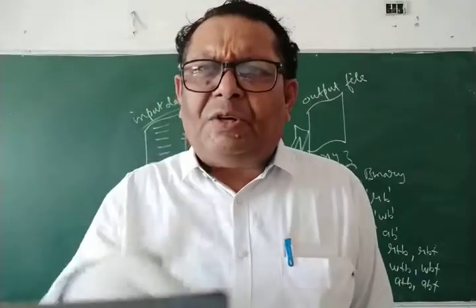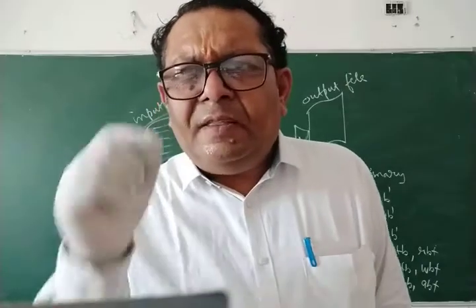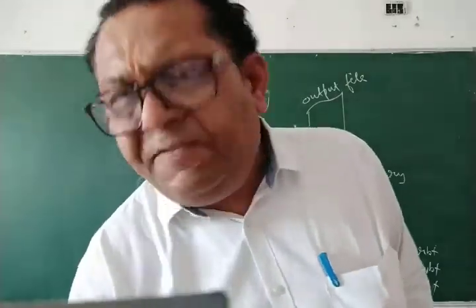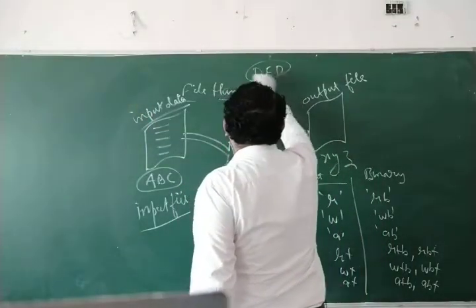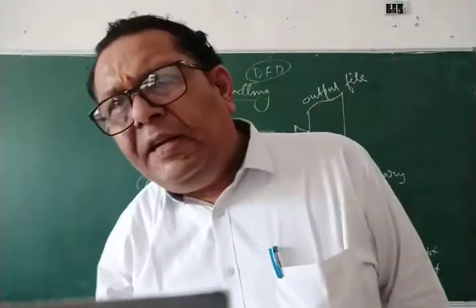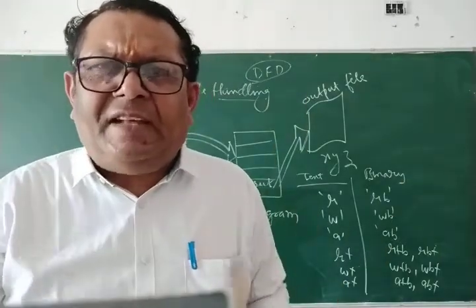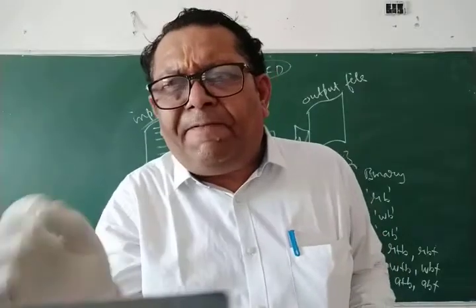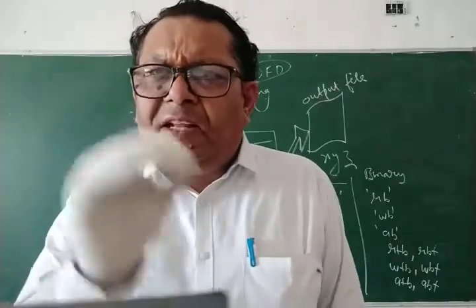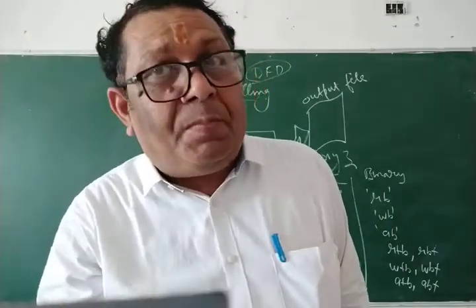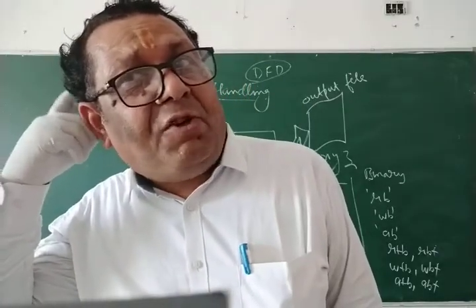So before you begin writing the code, you should be very thorough about the flow of data. You should first make the data flow diagram, that is called DFD. DFD stands for data flow diagram. So before you write the code, you first analyze the question, you first analyze the program, and you draw the diagram about the flow of data, from which file to which file the data will flow. And that will tell you whether the data will flow from file to the program or from program to the file.